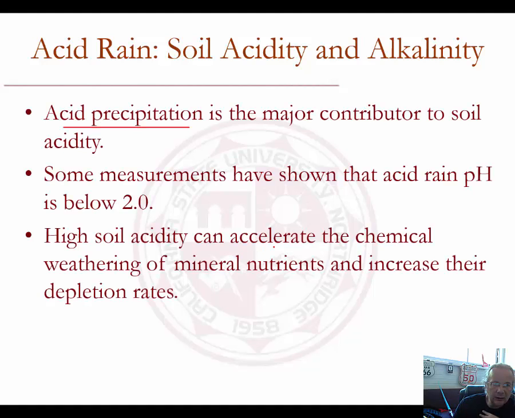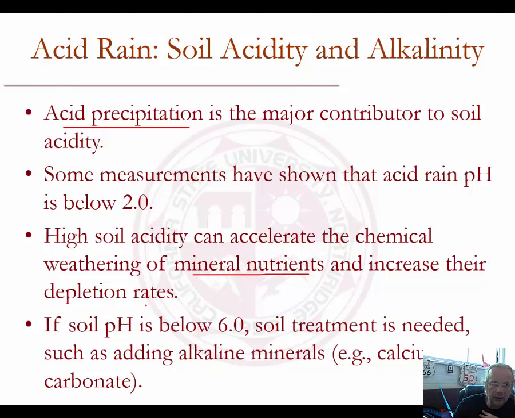It also accelerates the decomposition and weathering of mineral nutrients, and then depletes the soil at a very high rate. Soil that is just below 6.0 needs lime or calcium carbonate put into it,